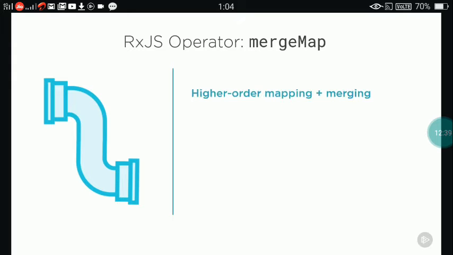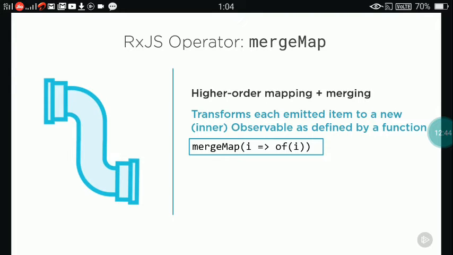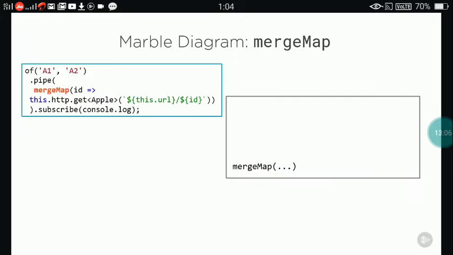Think of merge map as higher order mapping plus merging. Just like the concat map, the merge map operator transforms each emitted item to a new inner observable as defined by a function we provide. Here we map each emitted item to an observable that emits the item. Merge map is different from other higher order mapping operators in that it executes the inner observables in parallel and merges their results. We use the same example, but this time we pipe each string through the merge map operator